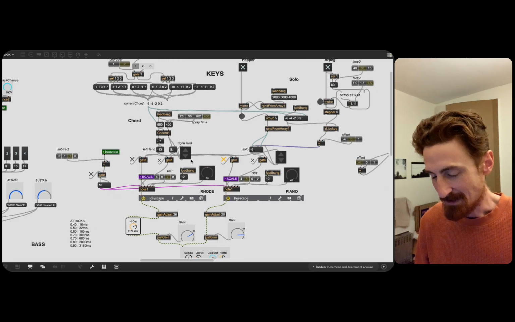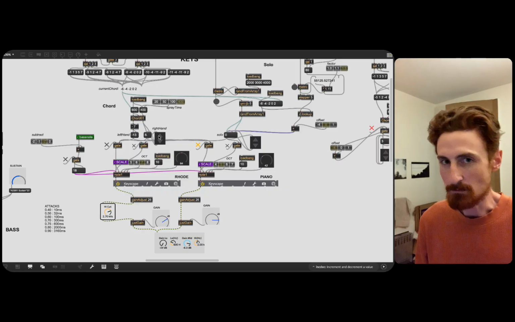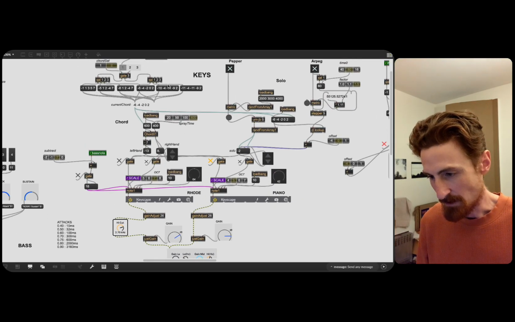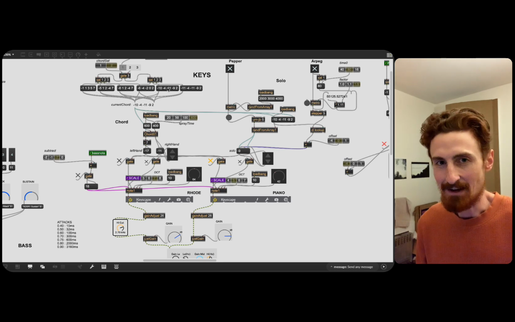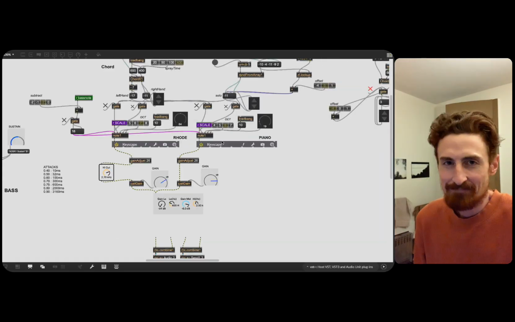But there's all these little gates that let these different algorithms in and out. And it's not clear, but I think some of these are going to both Rhodes and piano. It's the same algorithm going to either Rhodes or piano or both, and I can choose which ones are, right now, I don't even remember, honestly. But yeah,